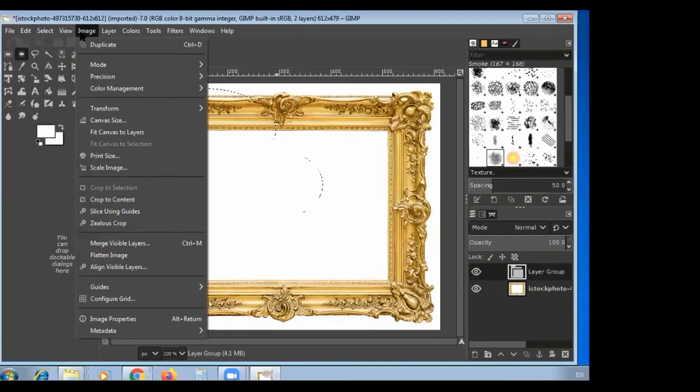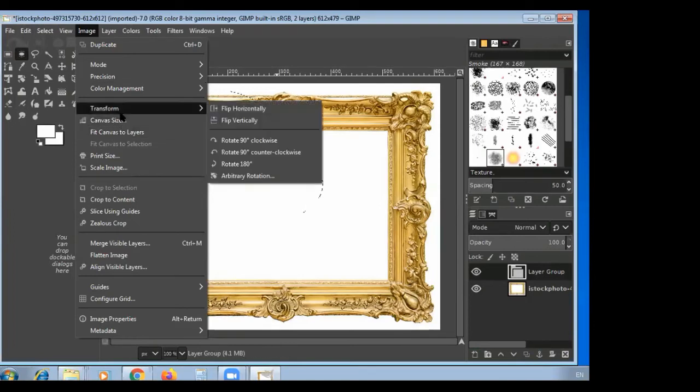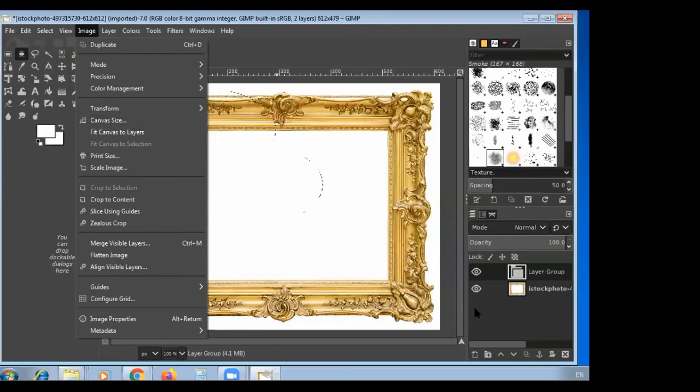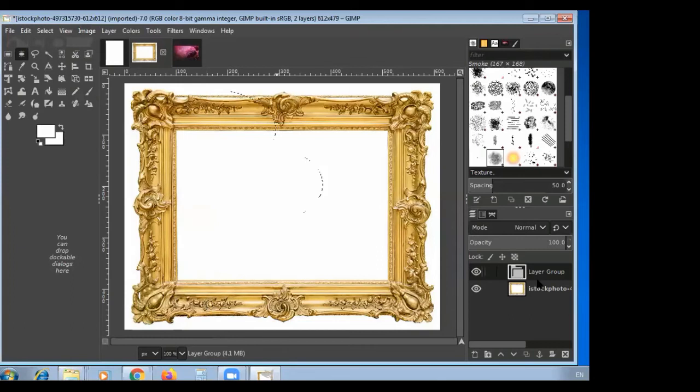Then after, create a new layer to select it. Select the new layer in the layer palette. Here, the new layer on the right hand side, and then click on Edit.